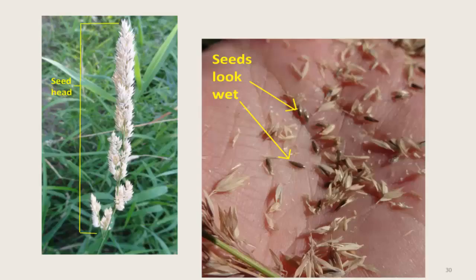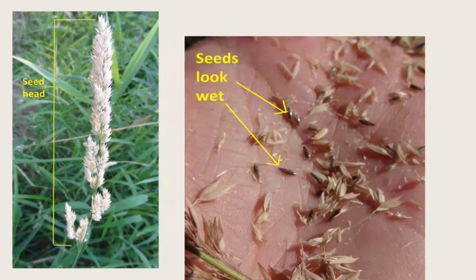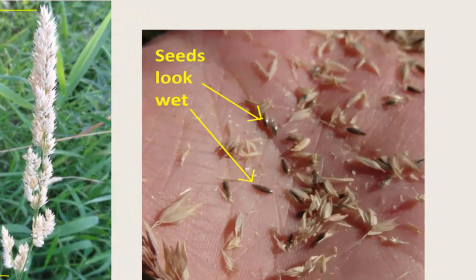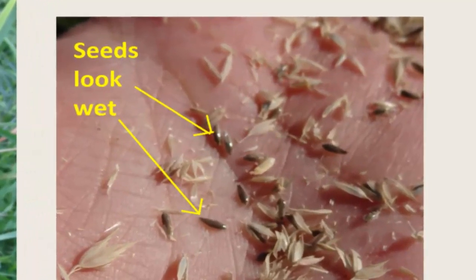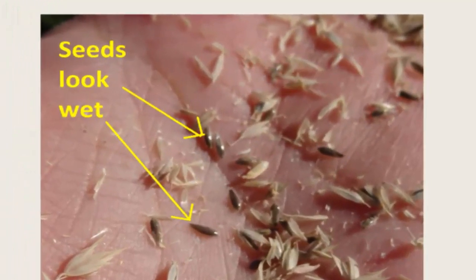Third, if you have a seed head that is mature enough to actually have seeds, you can mash it up in your hands to extract the seed, and the seeds will glisten in the sunlight as if they were already wet. There aren't many grass seeds that are shiny like this. When you put all these things together, you can be pretty sure that you have found some reed canary grass.